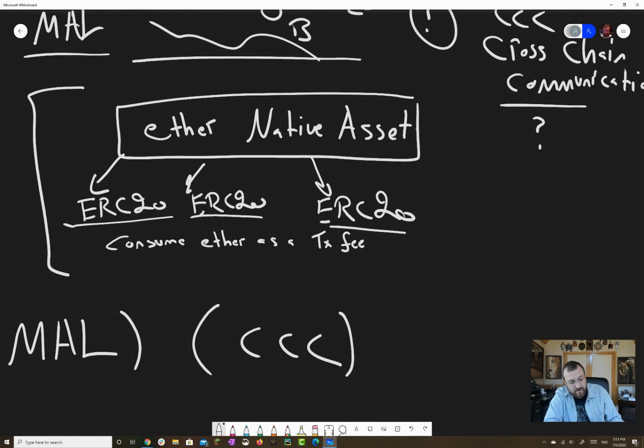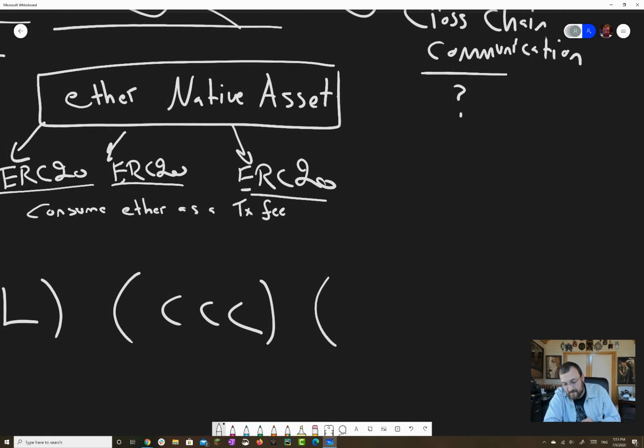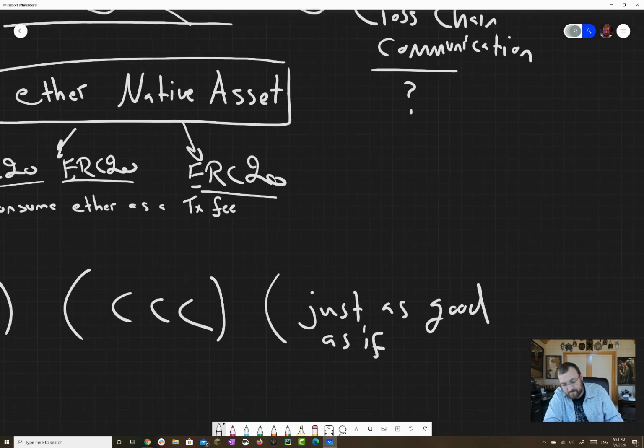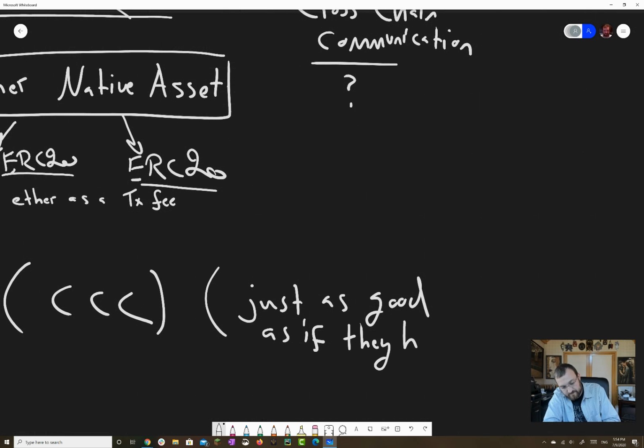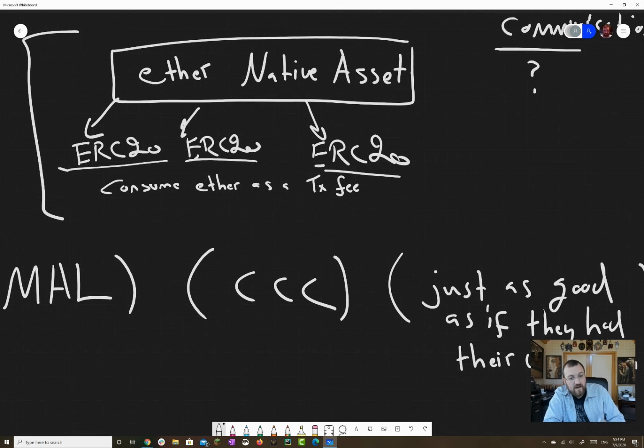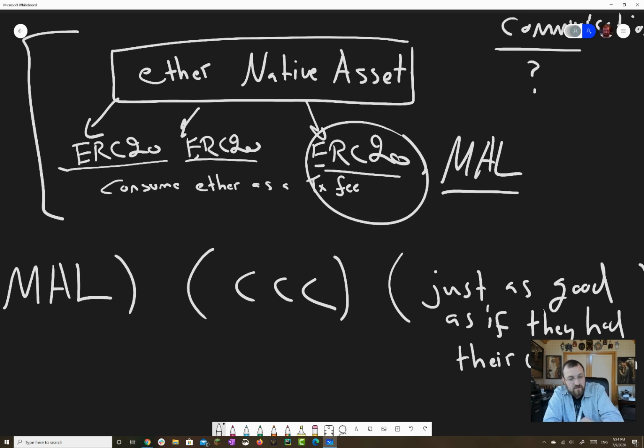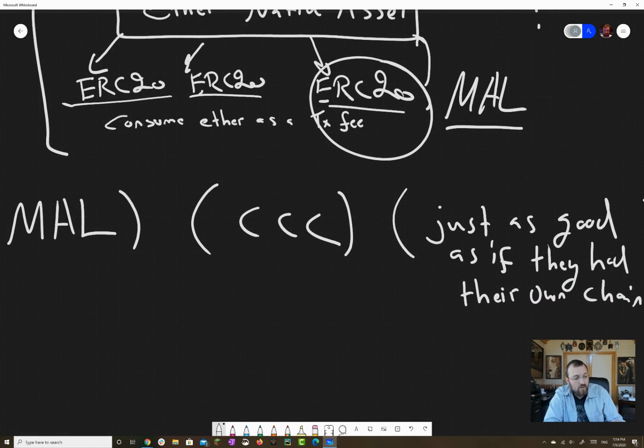And we live in a world where we would like these assets to be just as good as if they had their own chain. In other words, the way that Ethereum does multi-asset is not so good, principally because when you issue your token, you're still coupled to the native standard. And we'd like that all of the innovations that we have work with each other. So